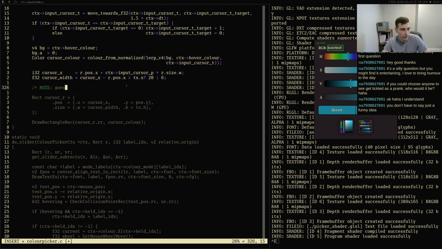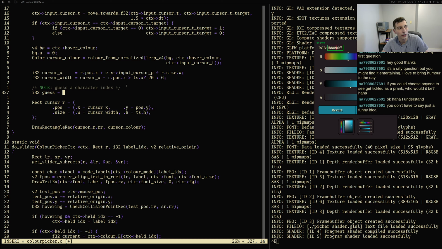We're gonna say that is equal to context to input bufflen times the position of the cursor as a fraction of